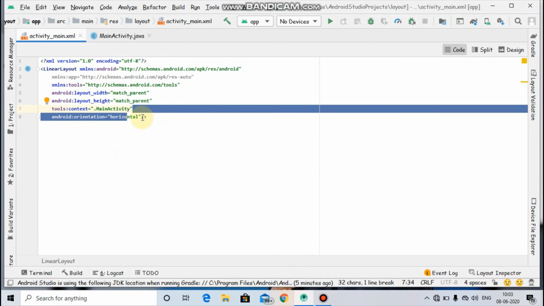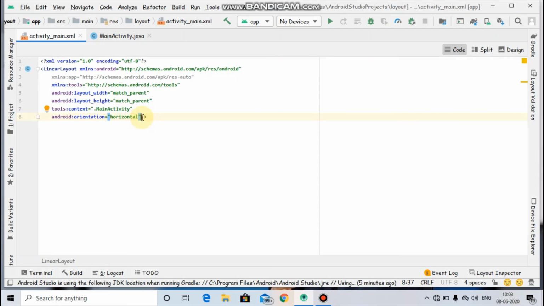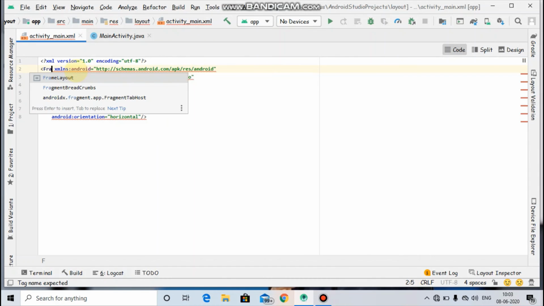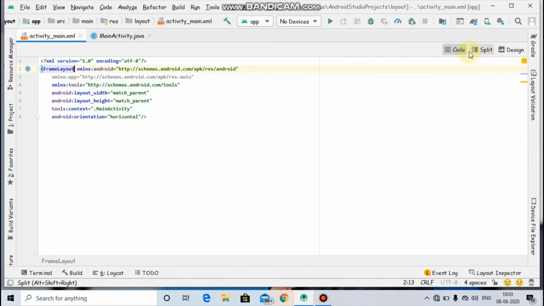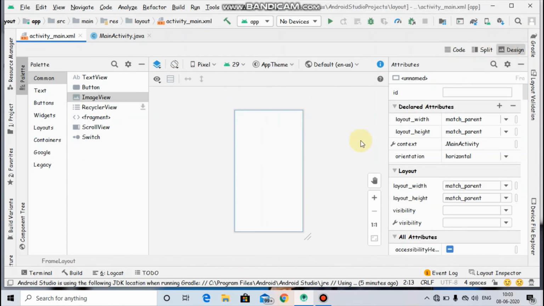And about frame layout. Frame layout is very simple. It's like a frame. It is used for simple items. We use frame layout for simple items. Frame layout means it is related to only one part, up to this screen only. We cannot go above the screen. That's it, guys. That's it about layouts in Android.